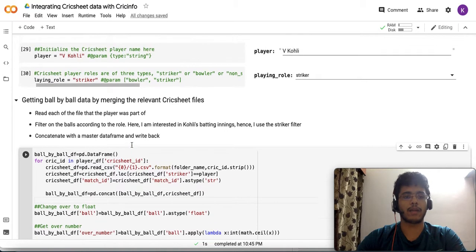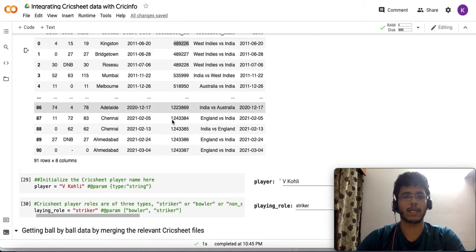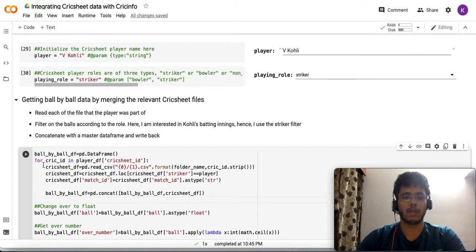So I'm just iterating through each of the Cricksheet match IDs here so that I get each of the files. And all I'm doing is reading those files from our location, which is the folder name and the Cricksheet ID here, and I'm just joining that on all data rows that match with the striker being Kohli.